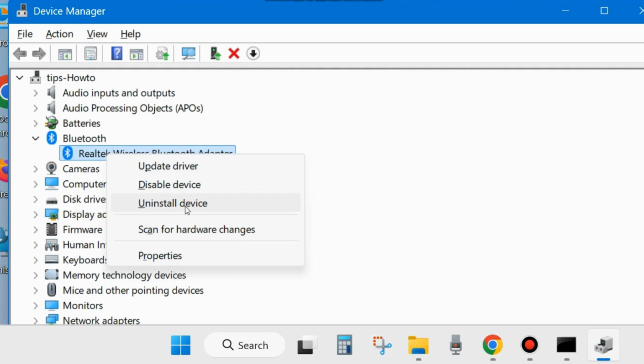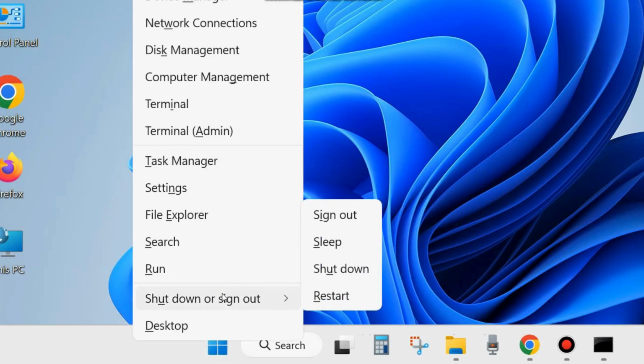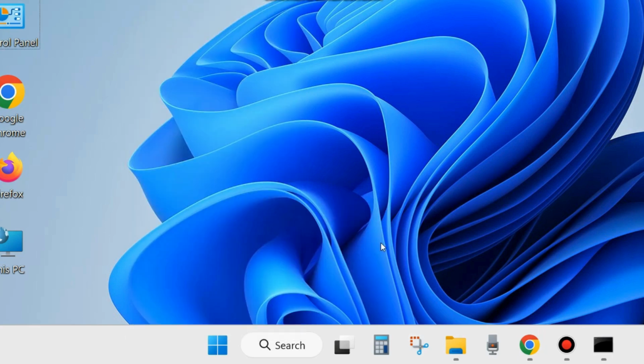If your problem is still there, then uninstall your Bluetooth driver, right click on it and choose uninstall device, and thereafter close the device manager windows, restart your system, and after restarting your system, again go to same place, device manager, right click on start button and choose device manager,